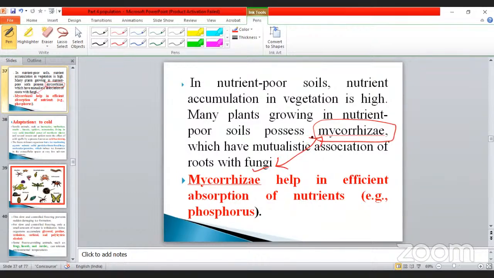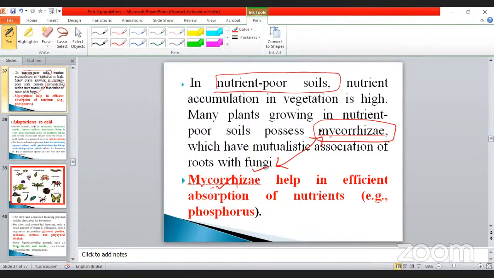It is a special type of root. There is no primary, secondary, or tertiary root. Only one root is there. It is also made up of multicellular structure. See here, they have given that mycorrhiza helps in the efficient absorption of nutrients. In this condition, just imagine nutrient poor soil. The plants also grow at the same time with the help of the mycorrhizal root, where the fungi grow.